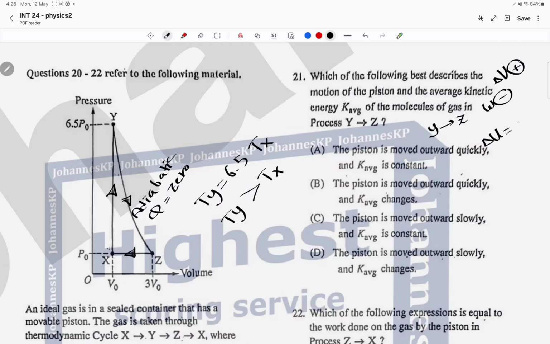So the sign of delta U is the same as the sign of work. So delta U will be negative. That means temperature has to decrease, basically. So temperature has to decrease. And if temperature decreases, KE will also decrease with it. Yeah. So it's not A and it's not C. Slowly? Now, when they say,